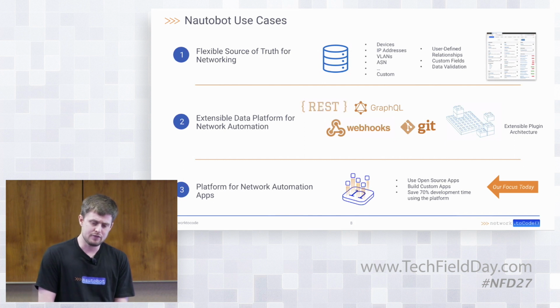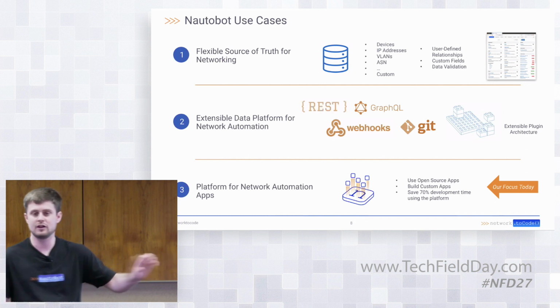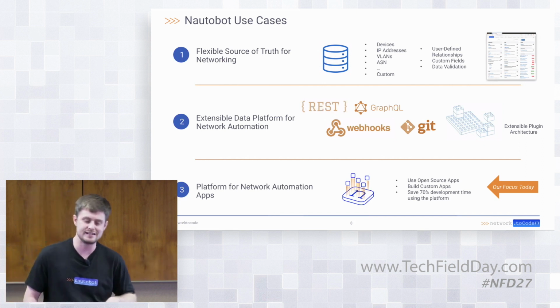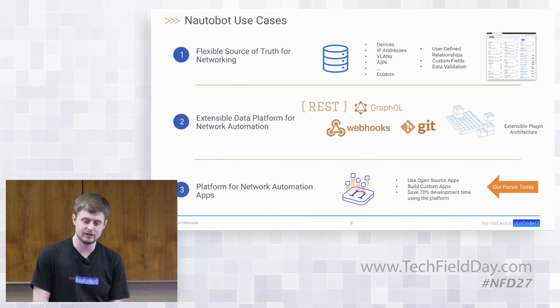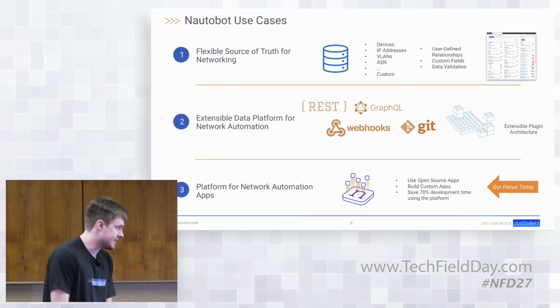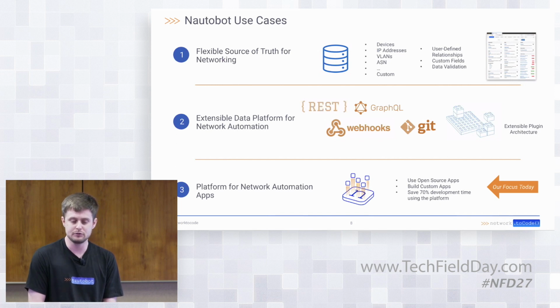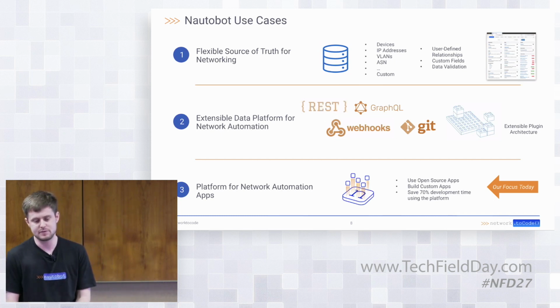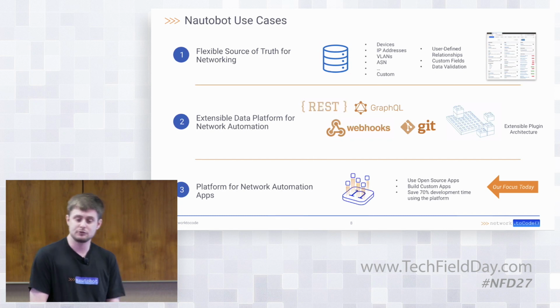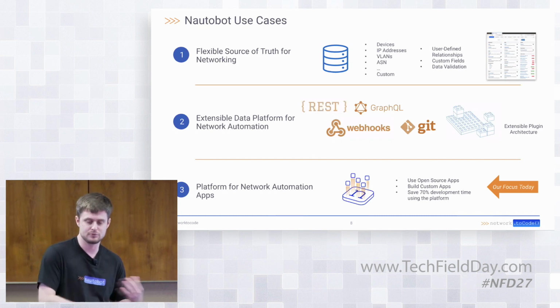And then the basis for what we'll be talking about today is the extensible plugin architecture. And that plugin architecture enables what we call the network automation app platform. And that, again, that's our focus today. But what that allows us to do is build tailored solutions to specific network automation vertical integrations within the space, but also at an organizational level, you can create your own solutions on top of this open source platform.